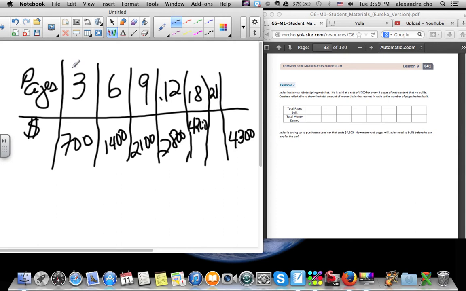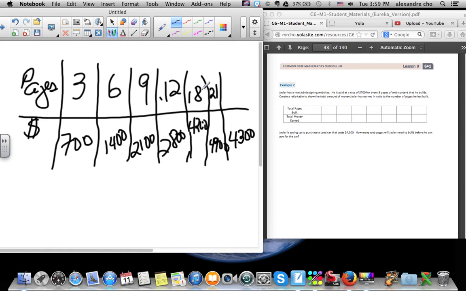How do you get 21 pages? This would be 3 times 7. At the bottom would be times 7. So it would give you 4,900. Okay, 4,900. So the least amount of pages that he needs to do is 21 pages, because at 18 it's